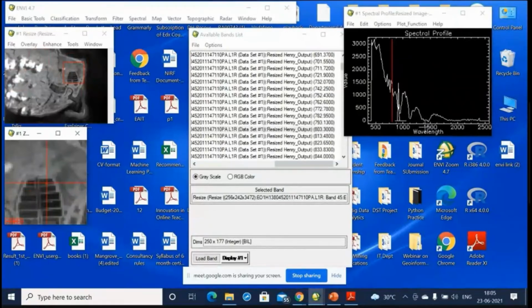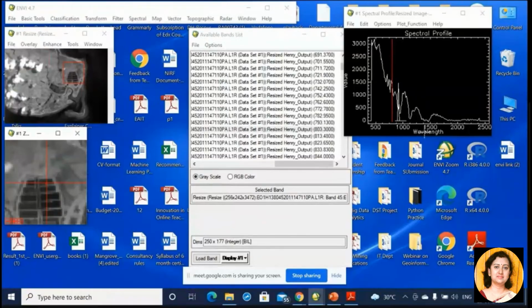Okay, so this proves that the data is uncorrected, because ultimately we have to work with the pixel values. We do not have any other information. We have to work with the intensity values of the pixels, and if the intensity values are erroneous, then further processing will yield inaccurate results. So the first step that we need to do is atmospheric correction.